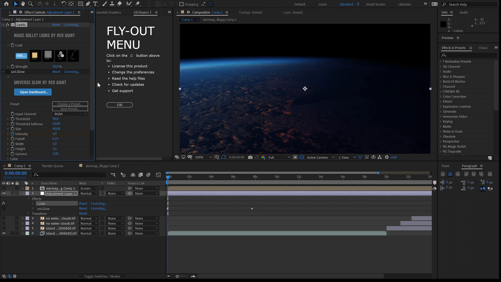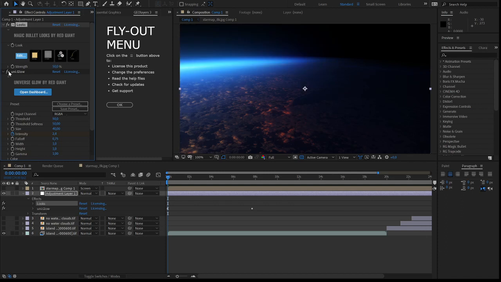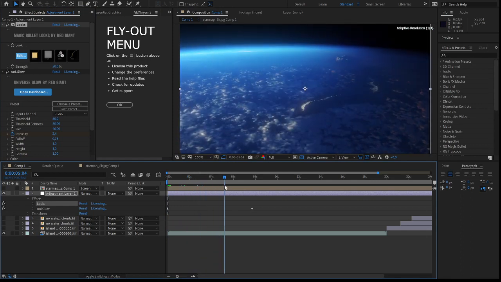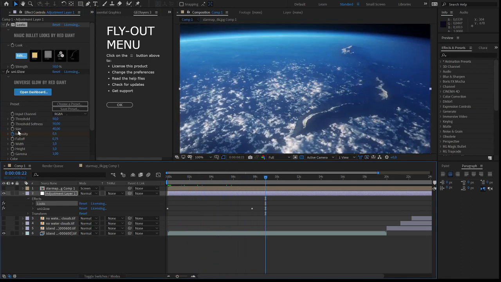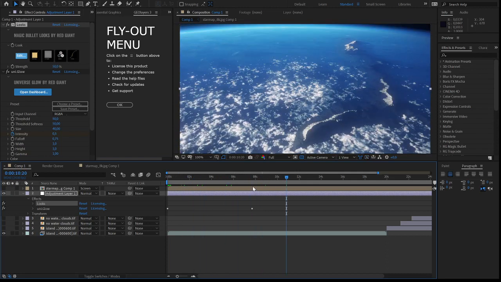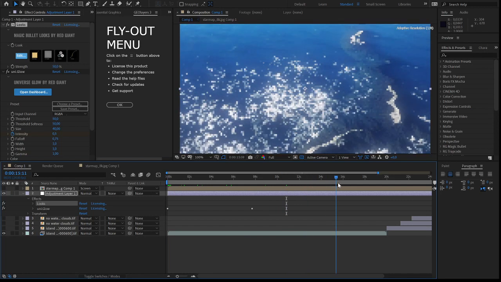The atmosphere over here I thought would look quite nice if we just enhanced the glow of it just a tiny bit. So I added the Trapcode glow effect too, and got a bit of a more glowing, bright atmosphere. Now, as the day progresses, more and more of the scene started to light up, so the strength of the intensity of the glow was reduced, so it wouldn't be all bright. And this is the result of that.